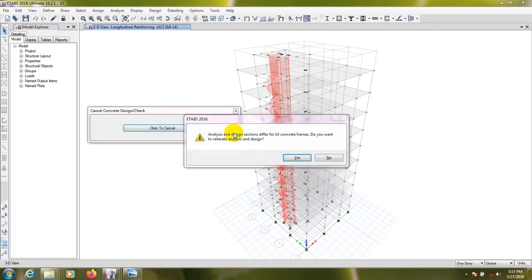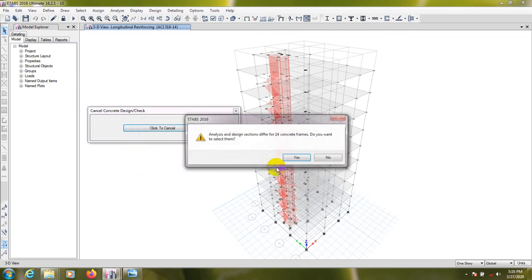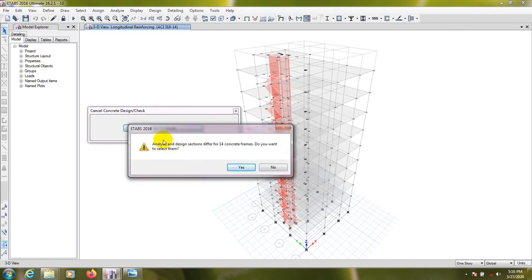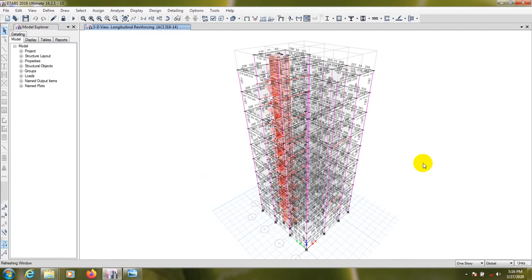Finally we're at the end. It's showing that analysis and design section differ for 14 concrete frames. Do you want to reiterate analysis and design? So press no. Here it says analysis and design section differ for 14 frames. We have to select no. Okay, finally